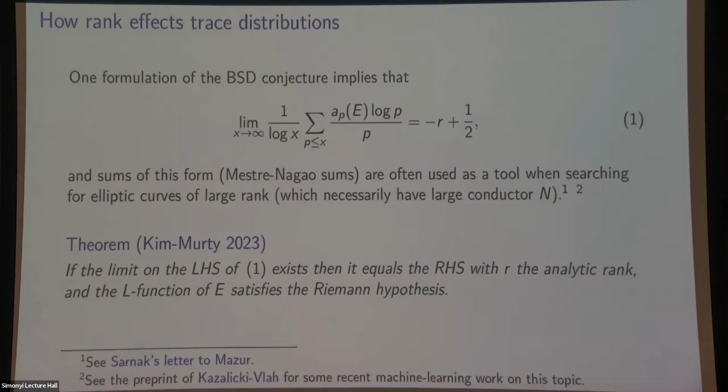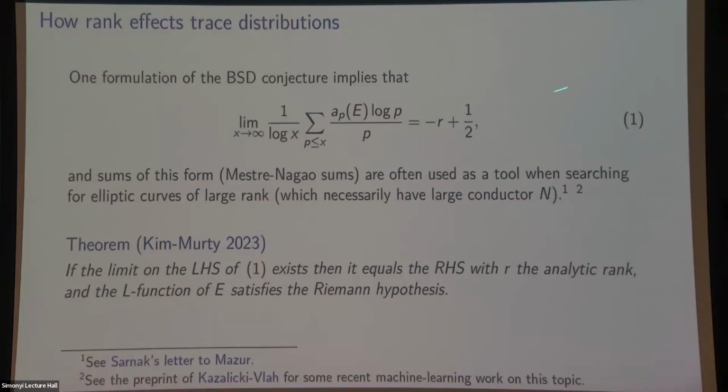And in fact, one of the reasons Elkies' curve is so skewed is not just because it was a rank 28 curve found in the wild. It's because he was sifting through families of L-functions, specifically looking for curves where this sum was very large early on, which would tend to mean it has very negative Frobenius traces at all the small primes. So in some sense, the method used to find elliptic curves of large rank tends to manufacture this bias, but we have theoretical reasons for believing that this should exist.